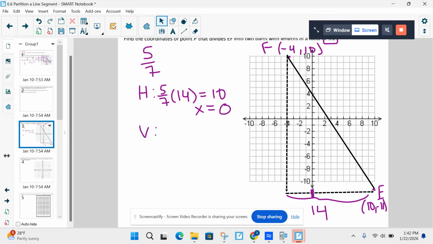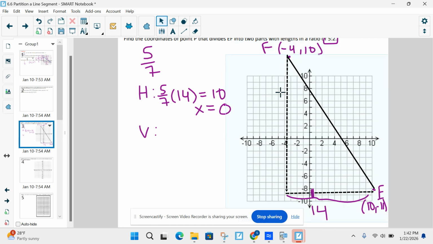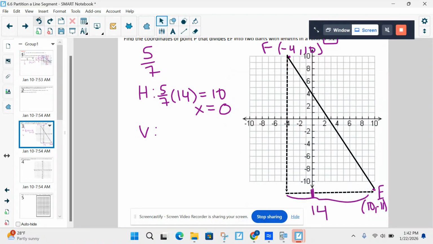And like I said, this is a little bit of a tricky topic. After doing this like 4 or 5 times, I think you'll get the hang of it. Then we have to figure out the vertical distance. So vertically, oops, oh no. Do a different color. From negative 11 to 10, how much is that? Robert? 21. 5/7 of 21